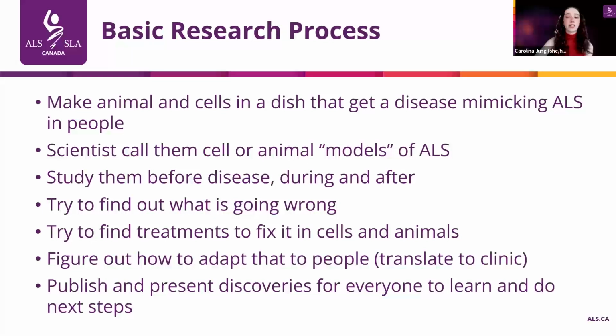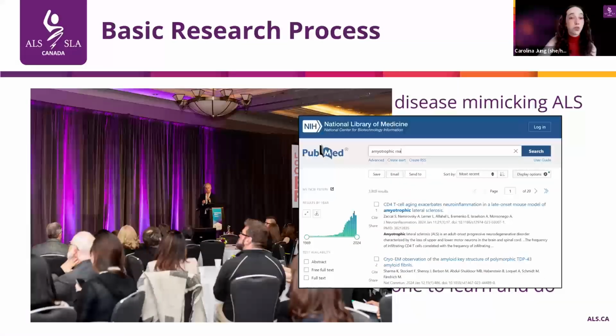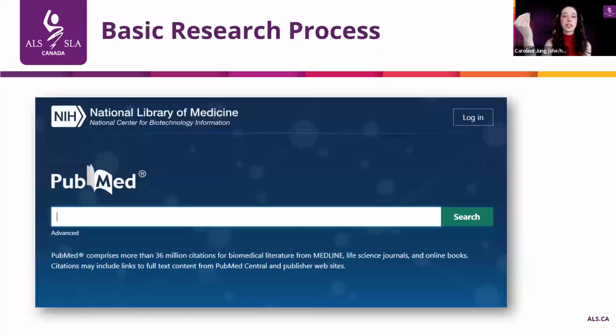Researchers will share their findings for others in the scientific community to learn from by presenting at conferences and with publications in peer-reviewed journals. To elaborate on what a scientific publication is, it is an academic paper where scientists will explain their study, what methods they followed, what ALS model was used, and all these details, along with the results they got in the lab and their interpretation of what these results mean for ALS. You can look for those publications on a platform such as PubMed, for example, which is a free database of articles and study abstracts, where you can find the link to the full study's publication.